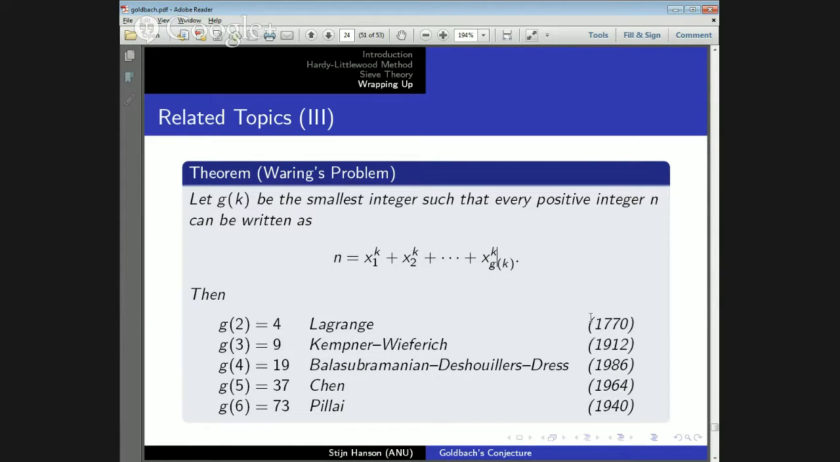So that was back in 1770 that we got g of 2 is 4. Then in 1912, Kempner and Wieferich proved that you need 9 cubes to fully express every natural number. And then in 1940, we proved that you need 73 6th powers. In 64, we got 37 5th powers and 86 19 biquadrates or 4th powers,